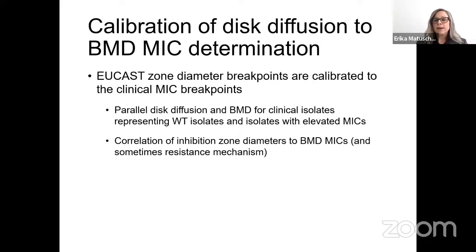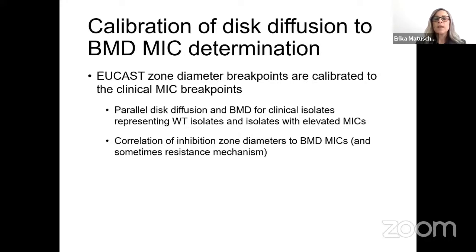So I said in the beginning that disk diffusion and zone diameter breakpoints must be calibrated to MIC breakpoints. The EUCAST zone diameter breakpoints are calibrated to EUCAST clinical MIC breakpoints. And we do that by performing parallel disk diffusion and broth microdilution for clinical isolates. And then we have to select both isolates representing wild type, those without phenotypic resistance, and also isolates with elevated